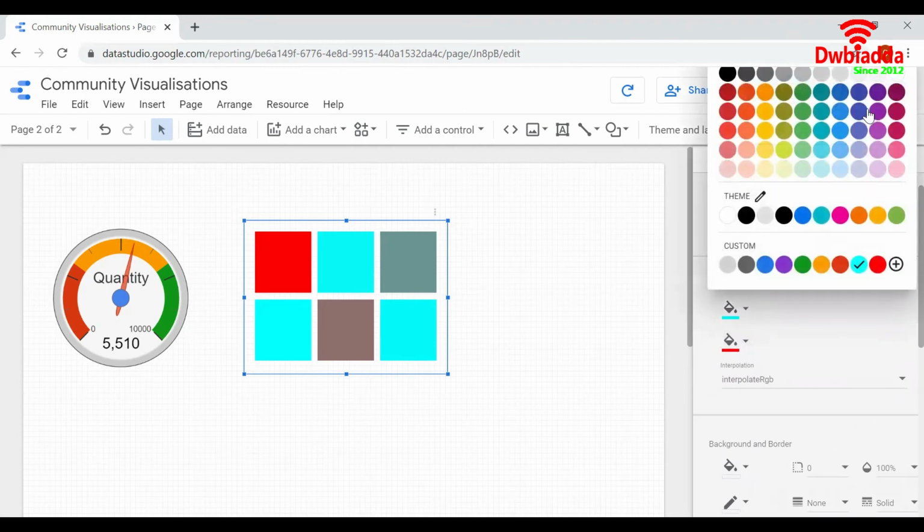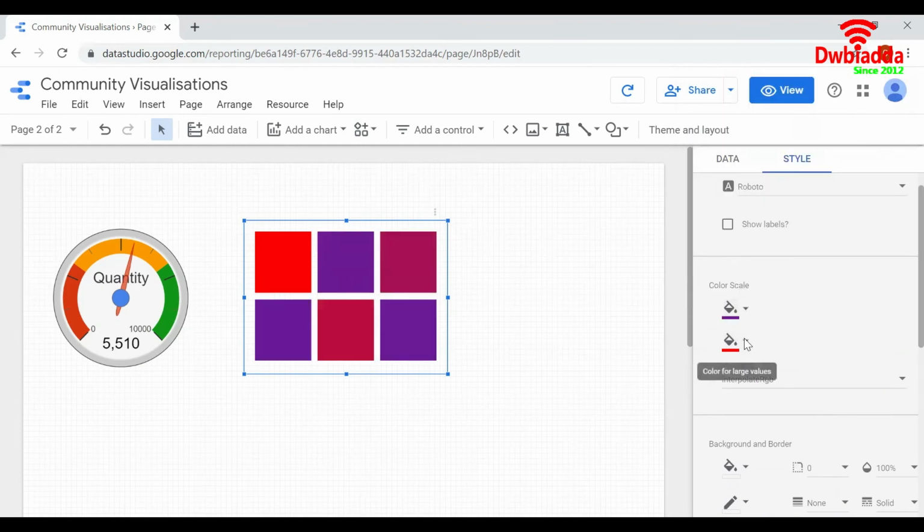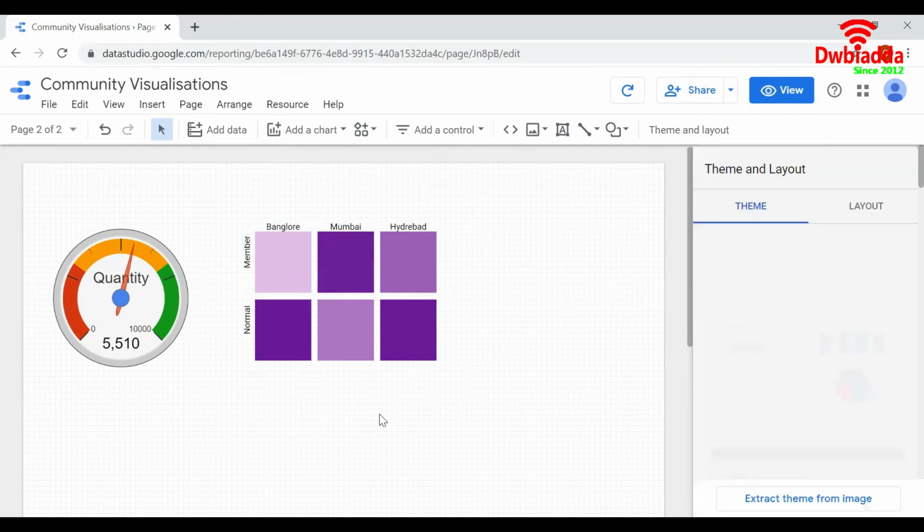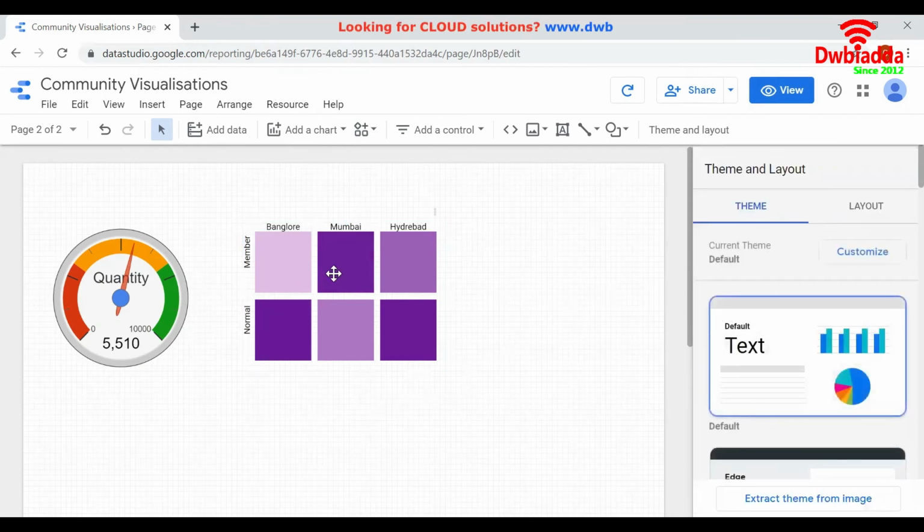I will select the darkest purple color for the maximum value and the lightest purple color for the least value. I will keep show labels on. So here we can see that as the color intensity decreases, the value also decreases.